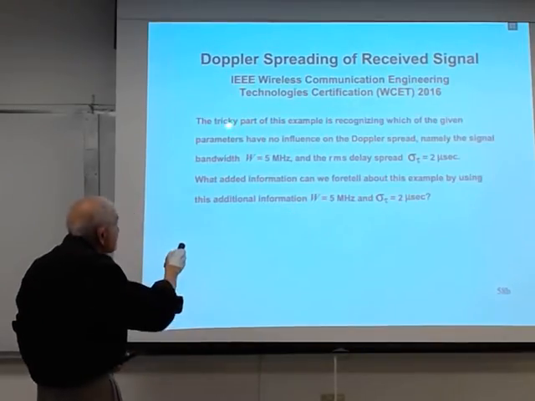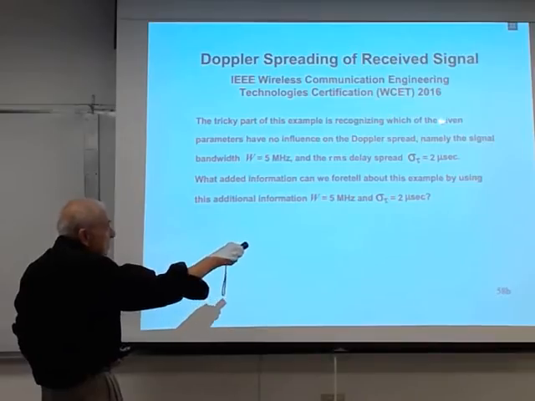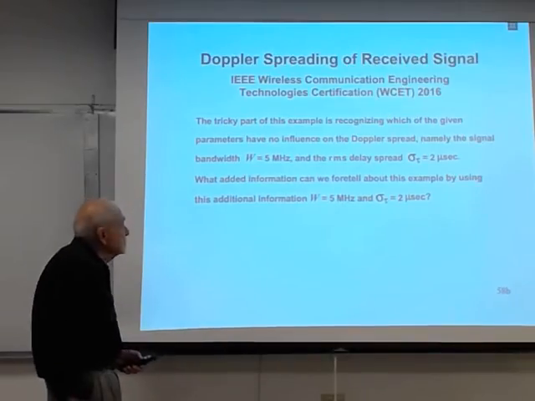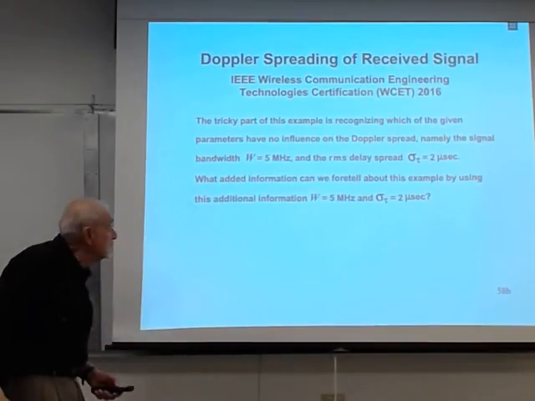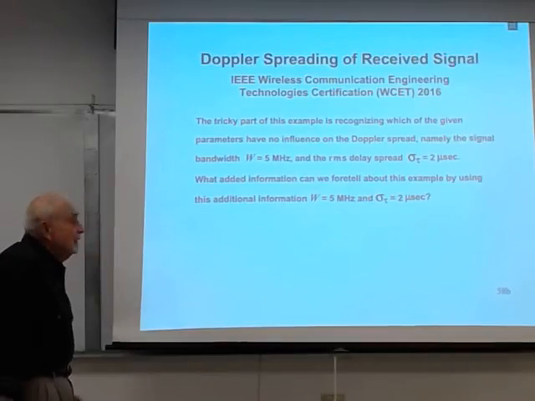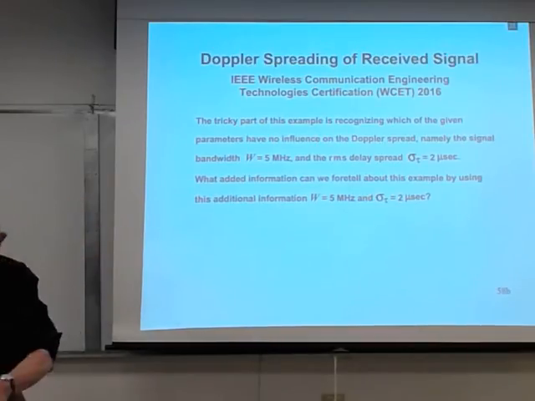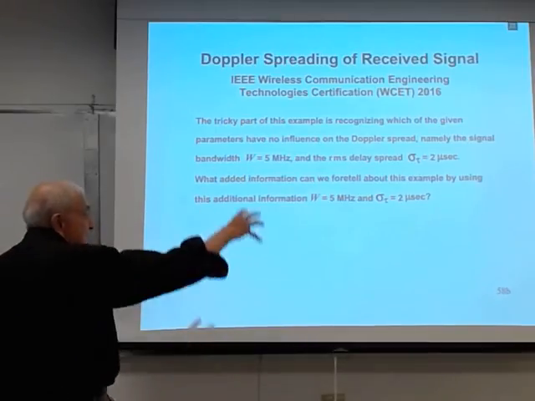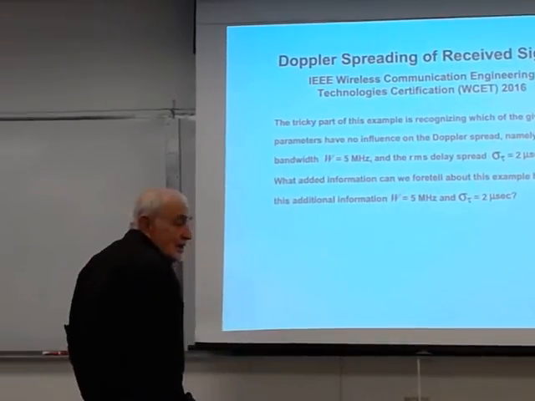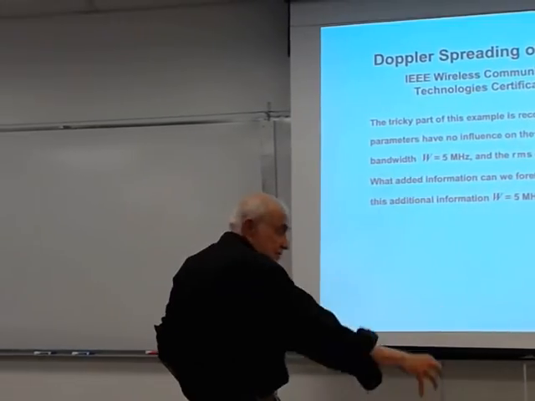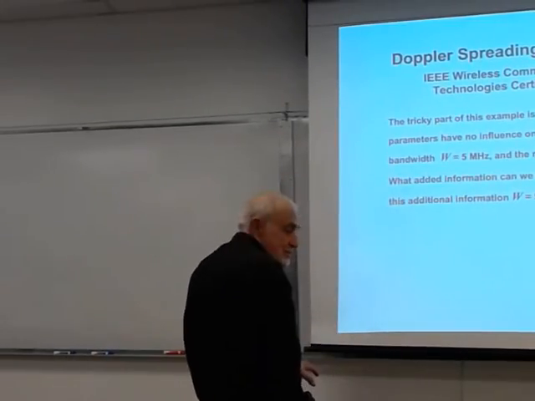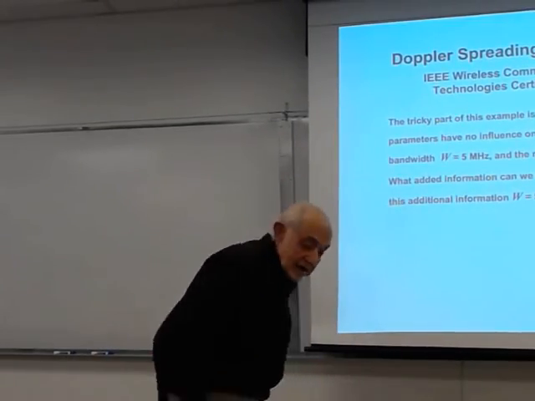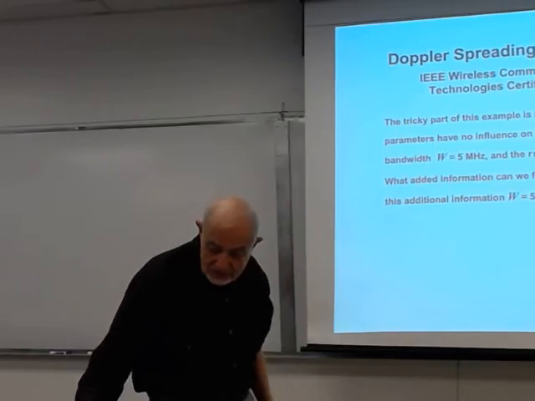So notice here, the tricky part of this example is recognizing which of the given parameters have no influence at all on the Doppler spread. Remember, that's why we keep these two mechanisms in two separate columns. The signal spread is on the right. The Doppler spread is on the left. So things on the left have to do with